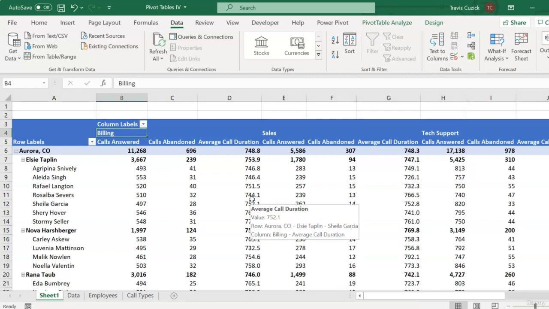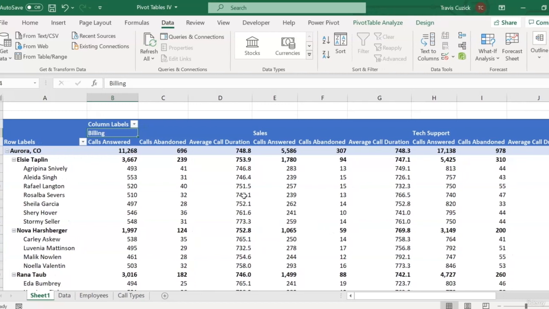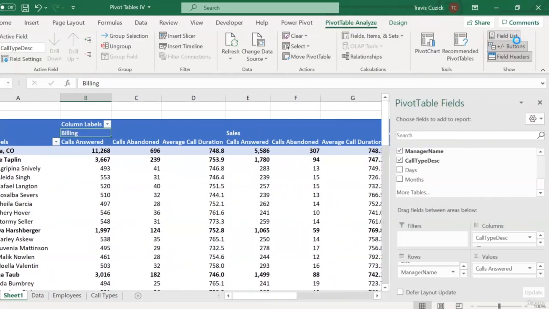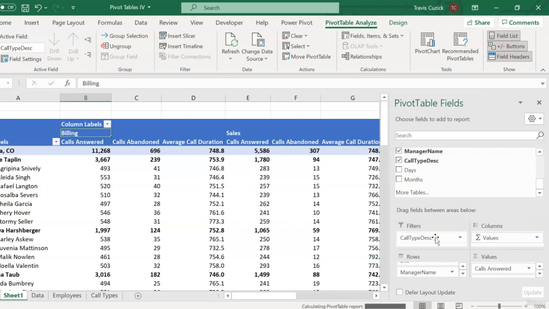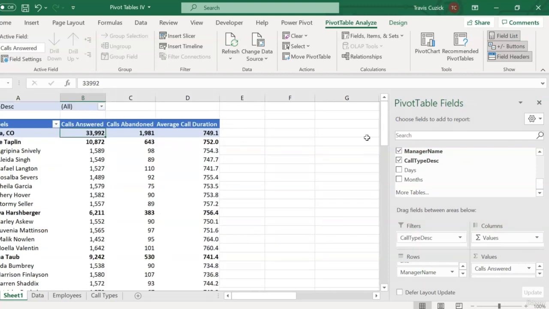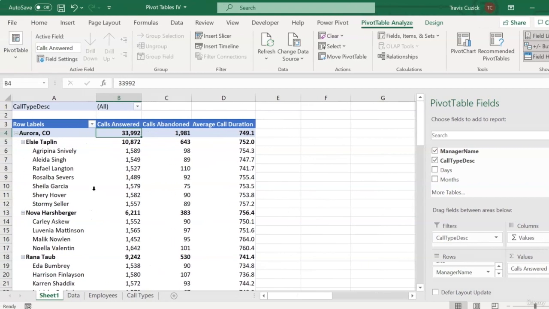So if you find that you've dragged so many fields into the rows and columns area of your pivot that it's kind of hard to reason about the numbers, it might be time to pull one or more of those fields out of your main pivot table layout and convert them to filters instead. So I'll make my field list reappear, and then go ahead and move call type description back to my filters area. And now to further demonstrate the trade-off between filters versus row and column groups, I'll move our site field